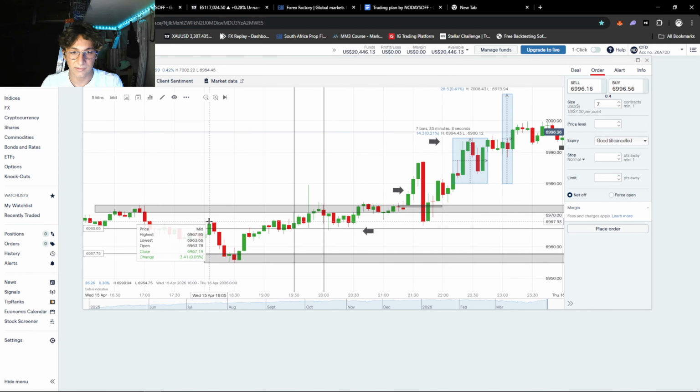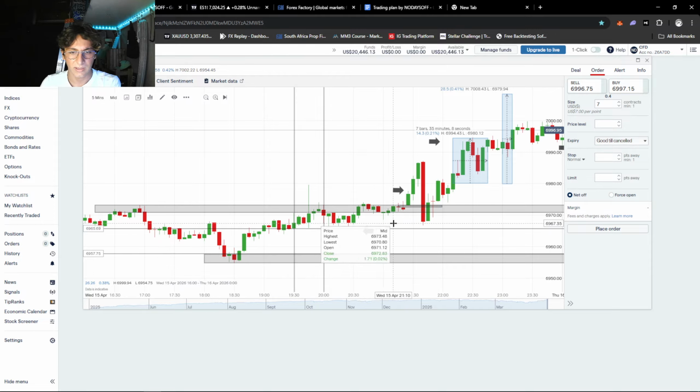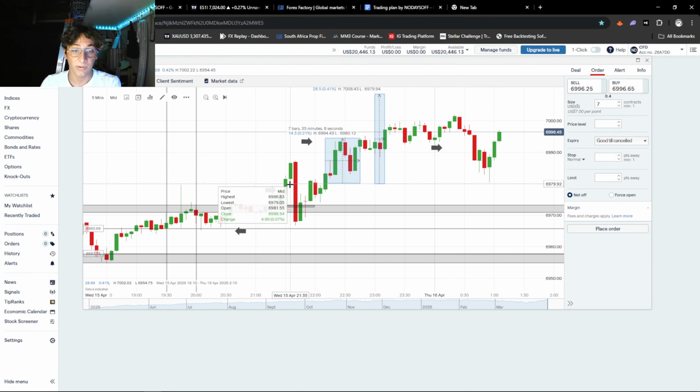It even retested this. It came into this order block, whatever you can call it. Yeah, this is the order block here, and it retested strongly on these 5-minute candles. So I put it just below there, and that literally saved our whole trade because we took a long here,